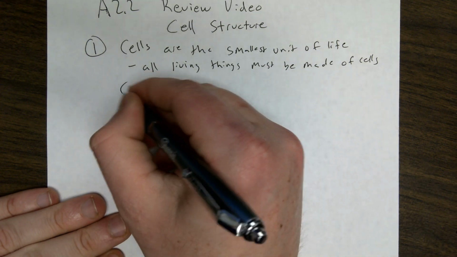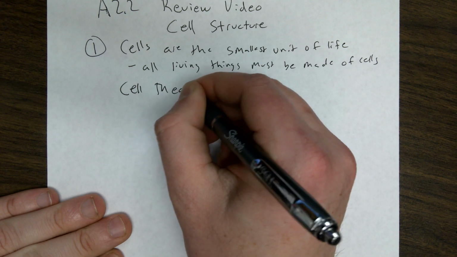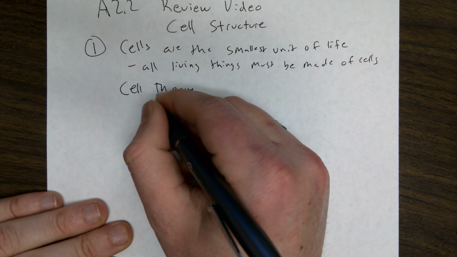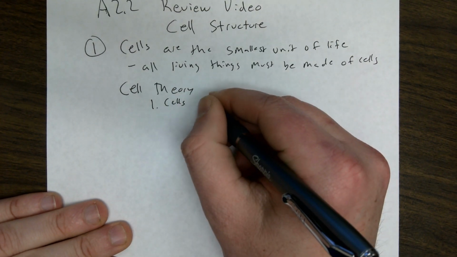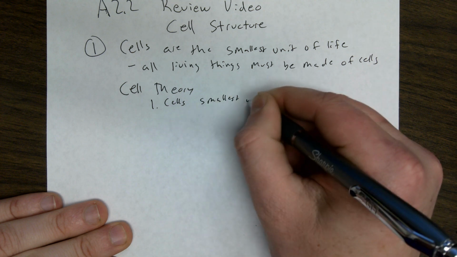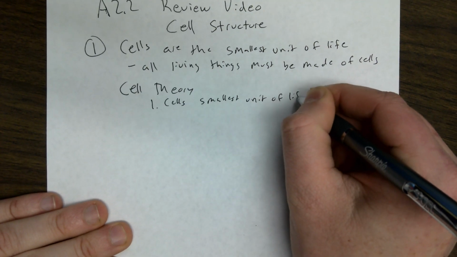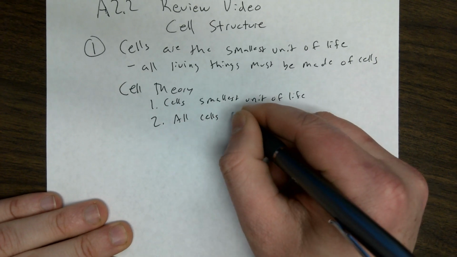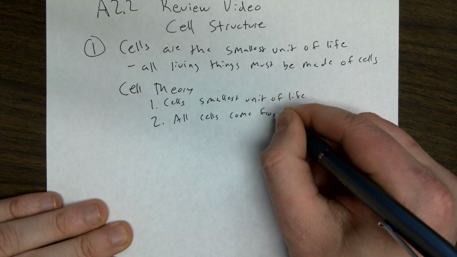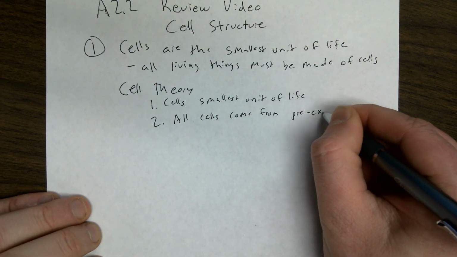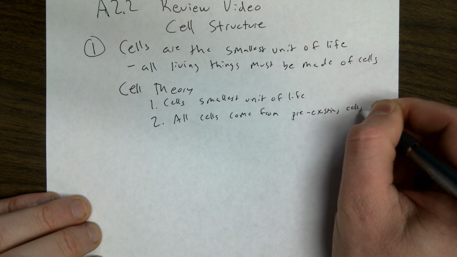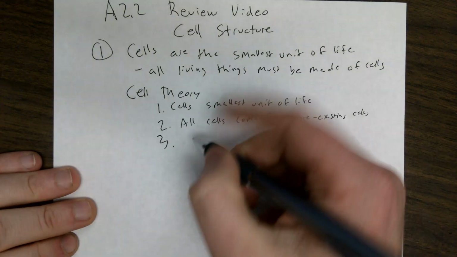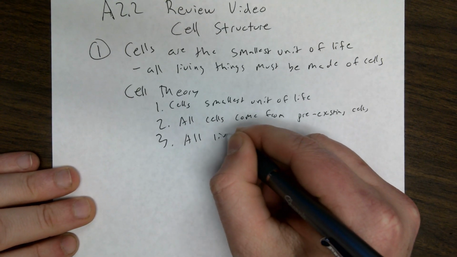This comes with the cell theory, which is part of the nature of science. The cell theory says three things. Cells are the smallest unit of life. All cells come from pre-existing cells. And all living things are made of cells. So they're kind of redundant,